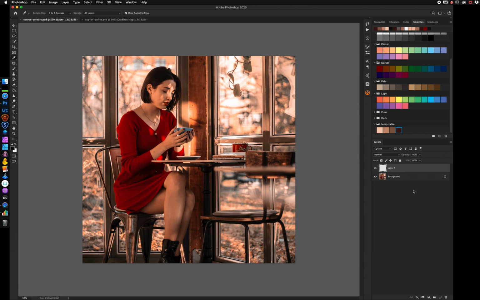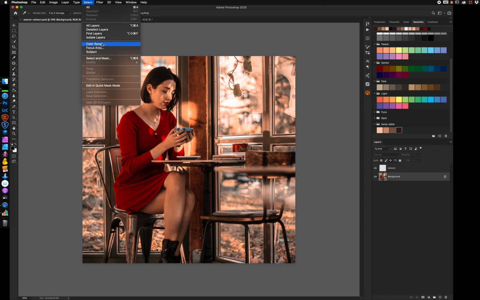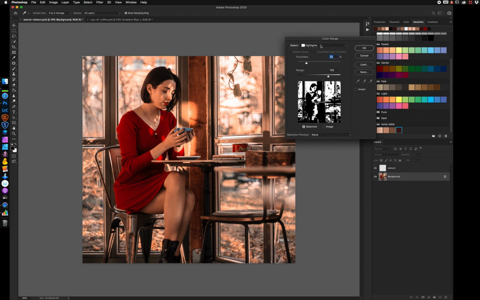So I'm going to create a new layer, which I'm just going to call colours, because that's where I'm going to build a little palette. I'm going to come to my background layer. Now if we go to select, colour range, you can use this for building masks against various colours or sampled colours. Let's say I wanted to mask her dress. I could click on there, and by using the fuzziness you can see in here how much or not I'm going to be